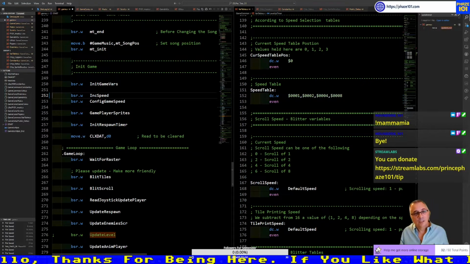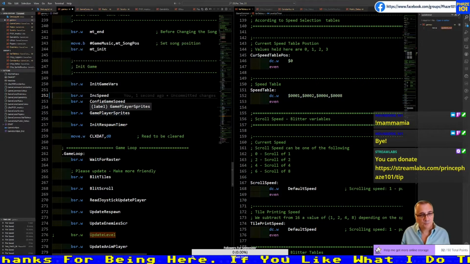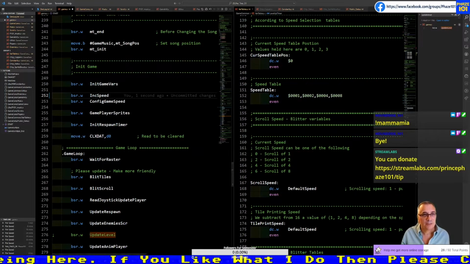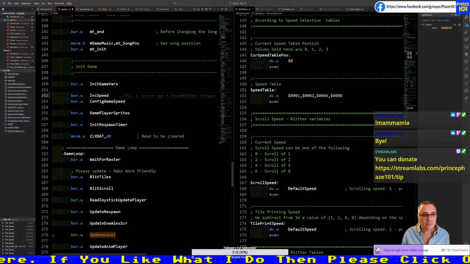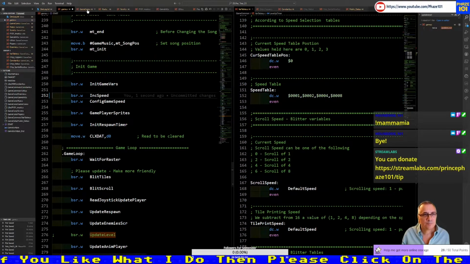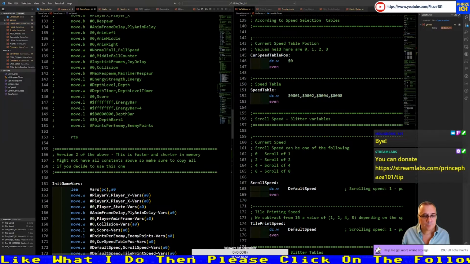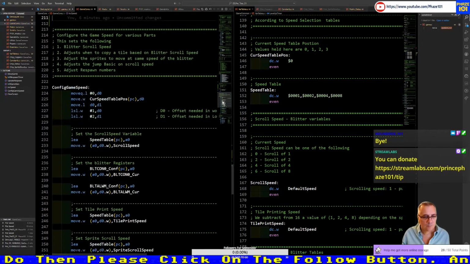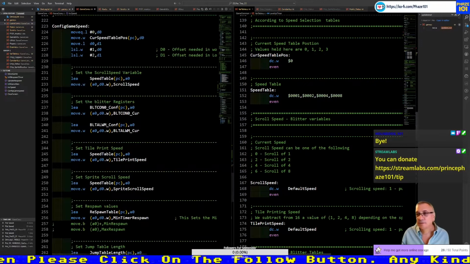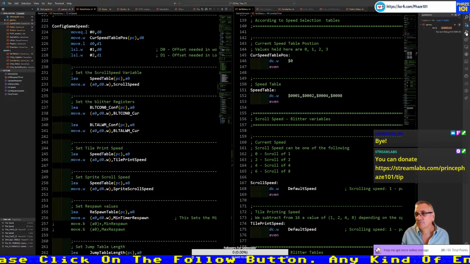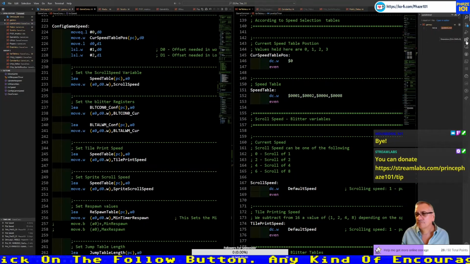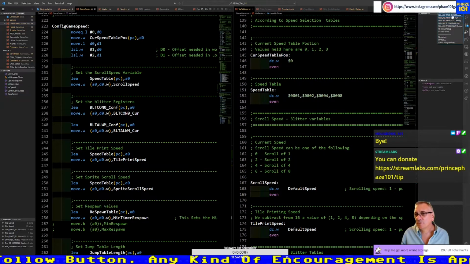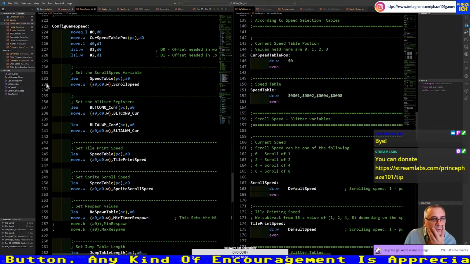So game config speed is the issue. Config game speed, sorry. So let's put some breakpoints here, and let's switch to debug mode.